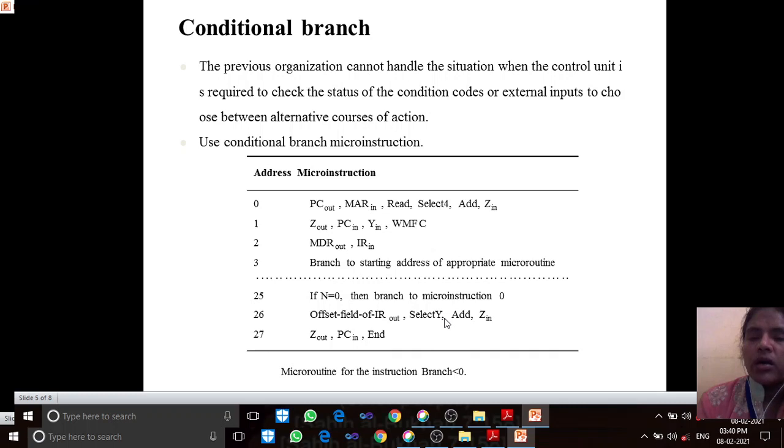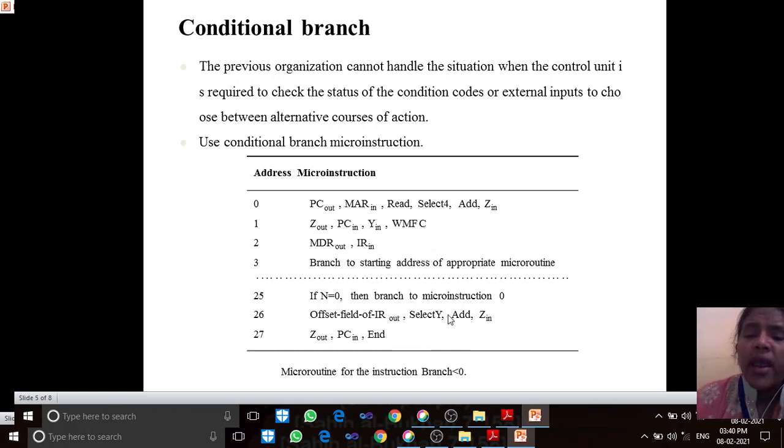The 4 will be added using the mux to the contents of the PC, and then it will be stored in the temporary register Z. From that Z, it will be moved to the program counter, and then it will be given to the temporary register Y.